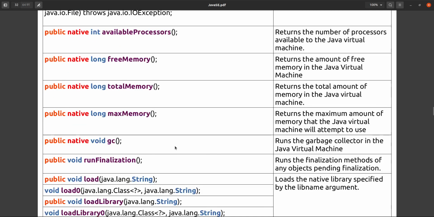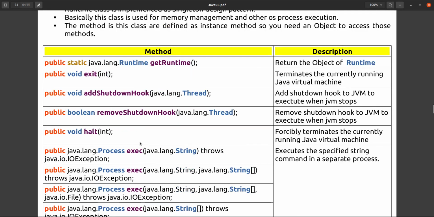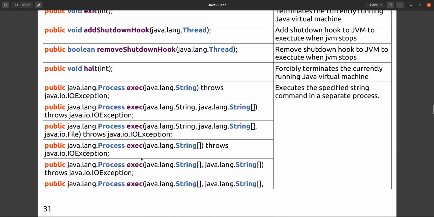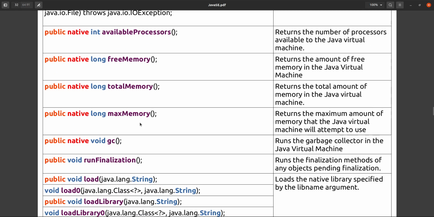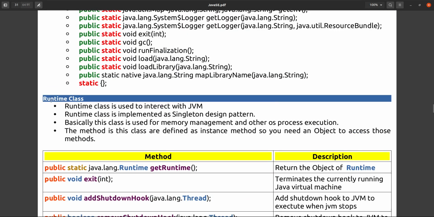What is the use of the static block? That will be used to initialize some fields. We have already seen what is the use of a static block. Okay, so this is all about the Runtime class. Runtime class is what is used to interact with the JVM.